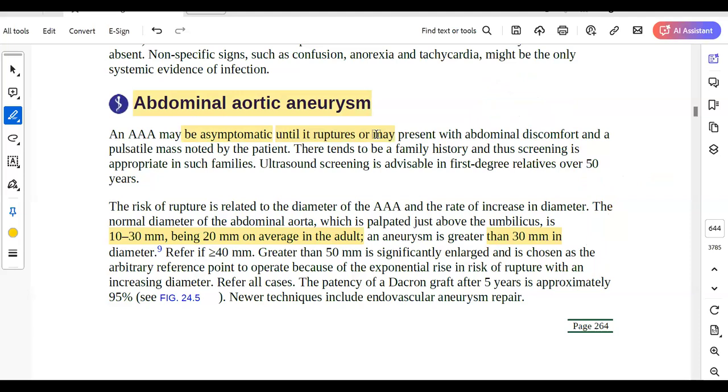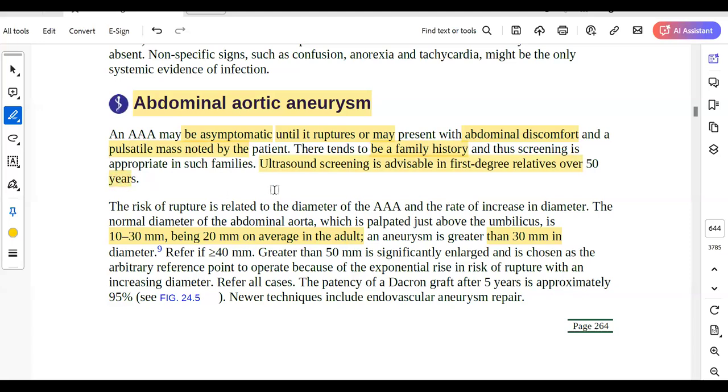Until that time, usually most of them will be asymptomatic. Some of them can have a bit of abdominal discomfort. And if it is a bit larger in size, you can even feel a pulsatile mass on the patient's abdomen. Family history is common. That's why we say that any first degree relative should have an ultrasound screening after 50